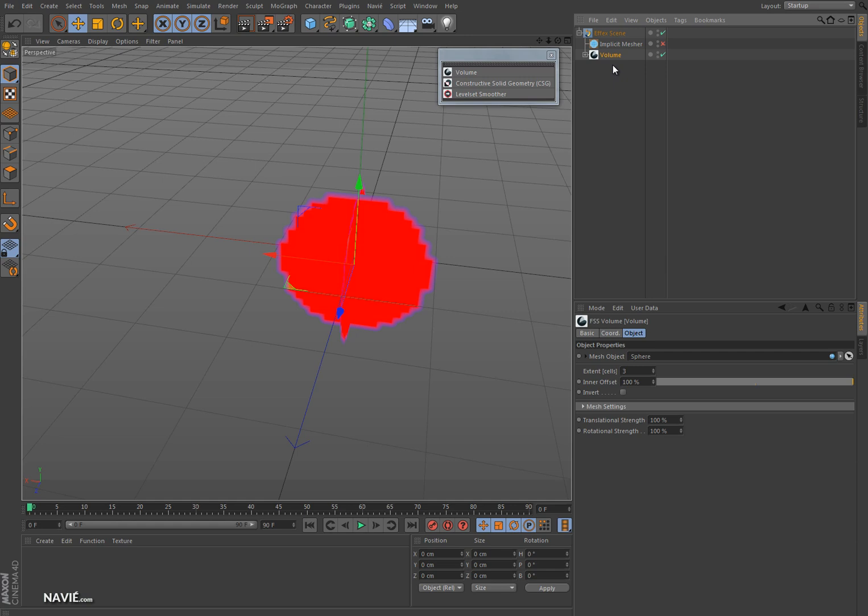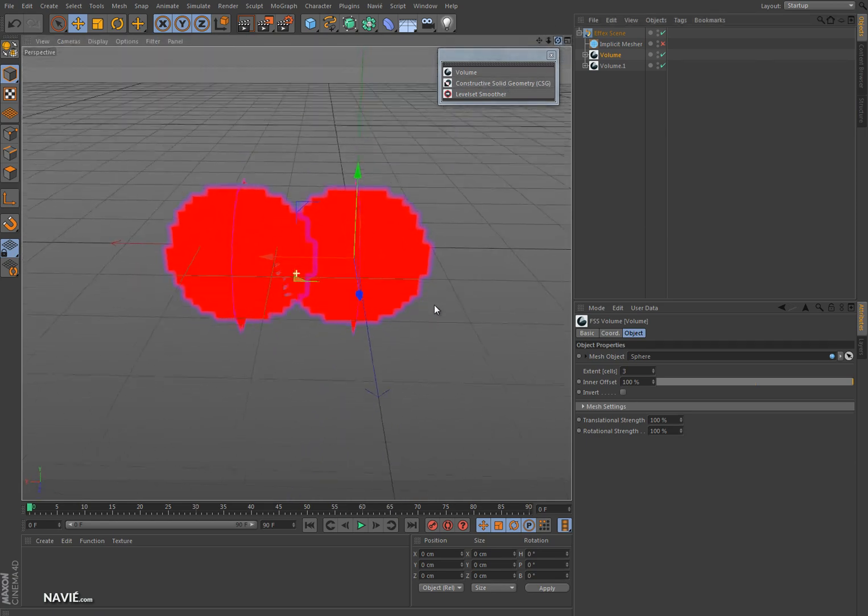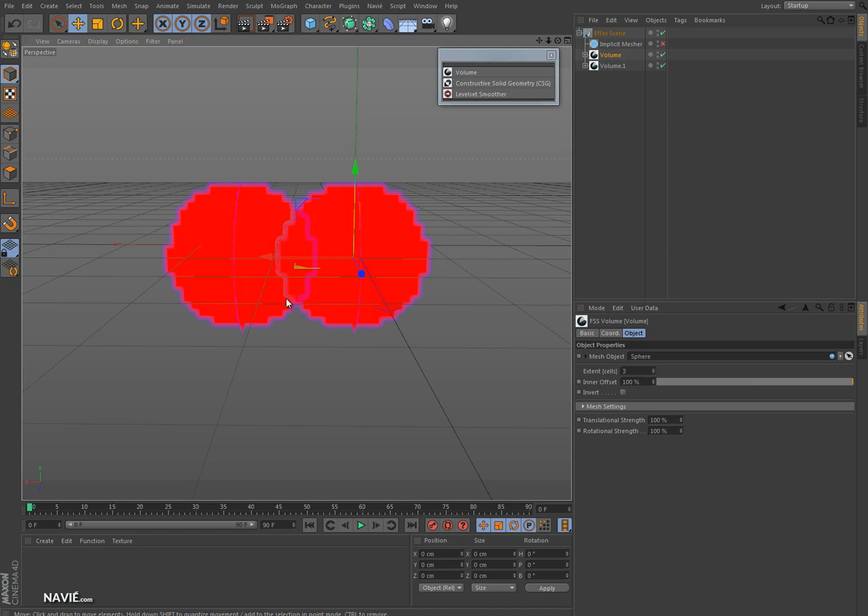So that's how a volume works actually in Effex. What I would like to show you is different purposes for volumes. I just copied this volume here, moved it out, I get a second sphere, and each volume is separate. So if I wanted to combine them, to get just one volume out of it, a union of it,